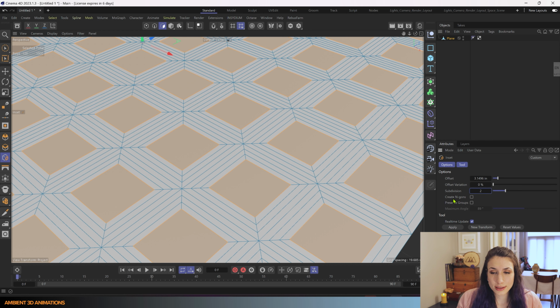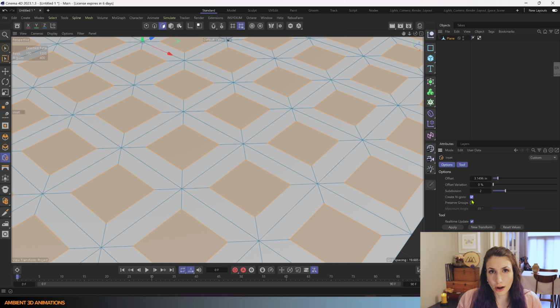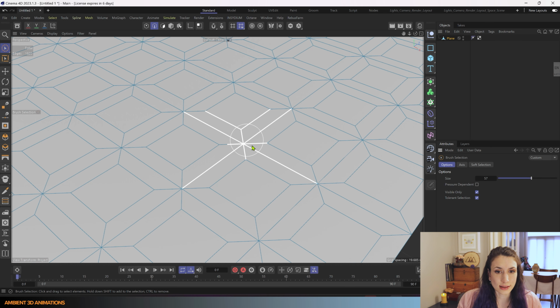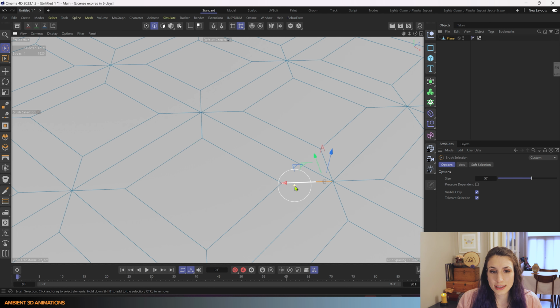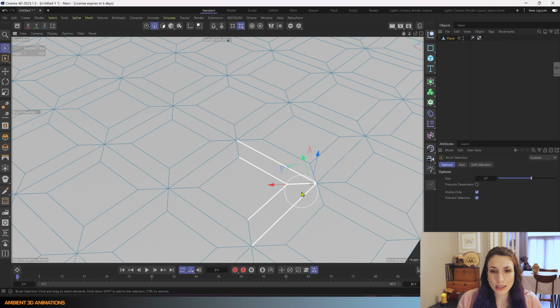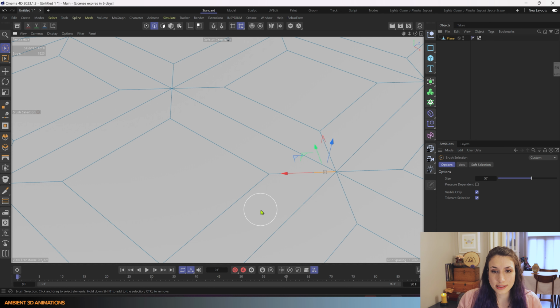If you select Create N-GONs, it'll look like there are no subdivisions, but those subdivisions are still actually there. If I go into Edge mode and select here, you can see that those subdivisions are still there, just instead of seeing those edges, we have N-GONs.